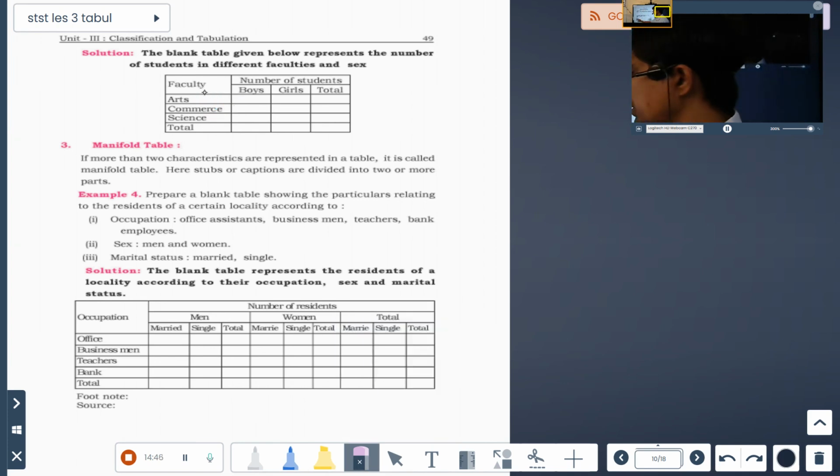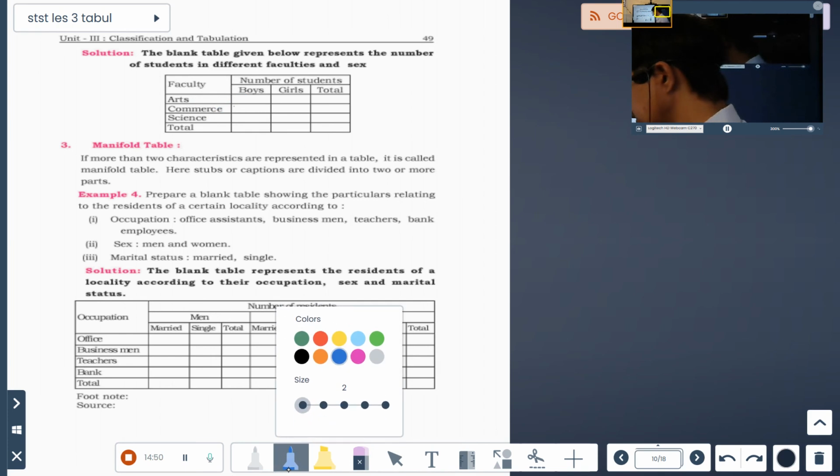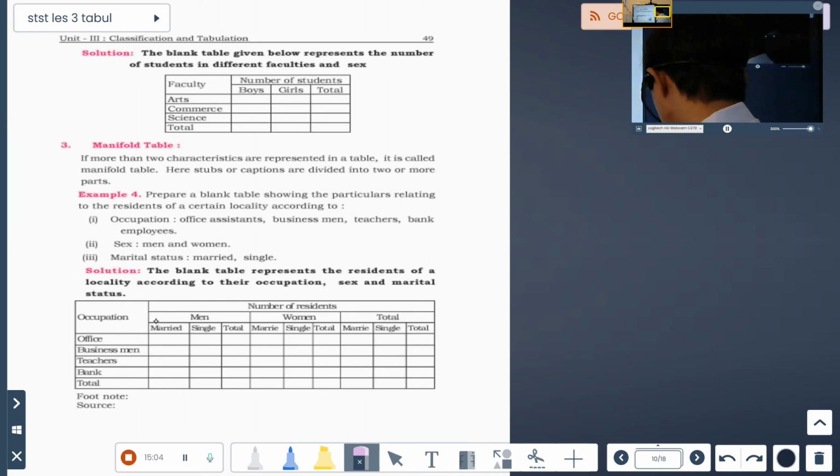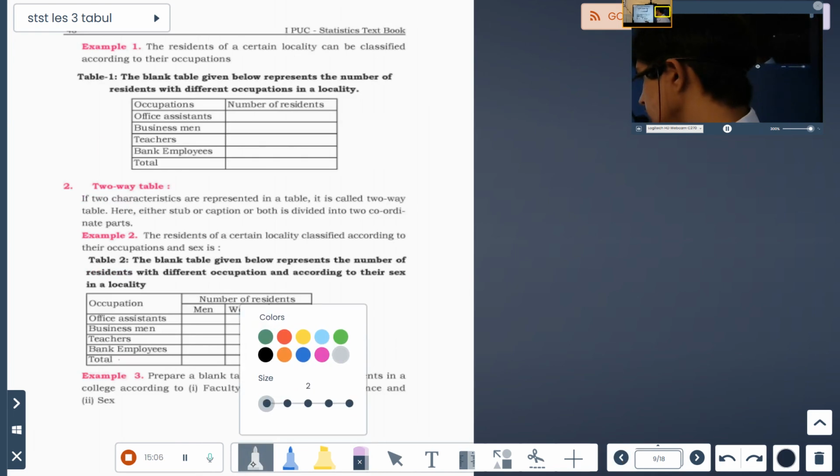Sometimes they do according to their will. As I said, try to keep them, but they'll do according to them only. See, they have changed here. Office O comes first, then B, T, B, like this. Is it? No. That's what I said. There are no hard rules. There are no hard rules, but if we want to, we can change it.